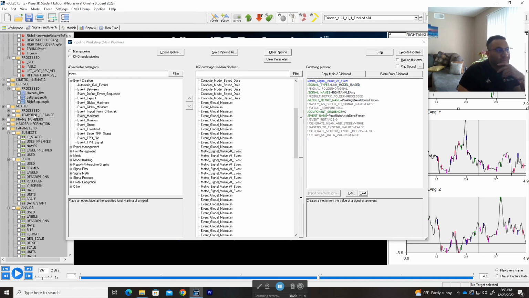I will talk about that in the next video, but basically you can choose the folder, you can create a new folder, whatever you want, and then you choose the name, you choose the component, so X, and then the event, and it will save it here as